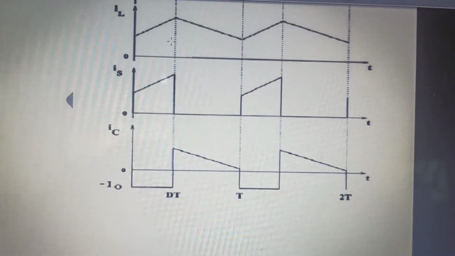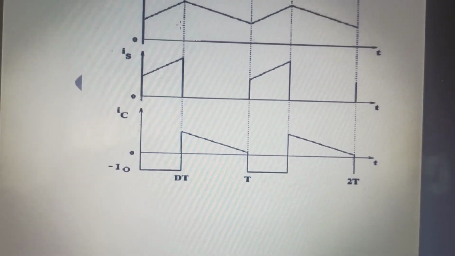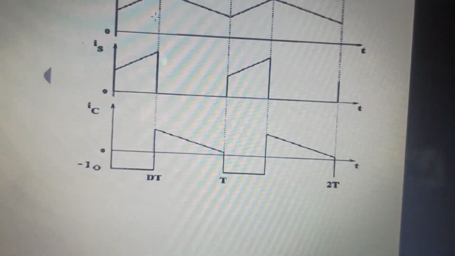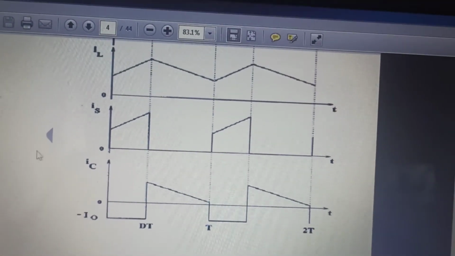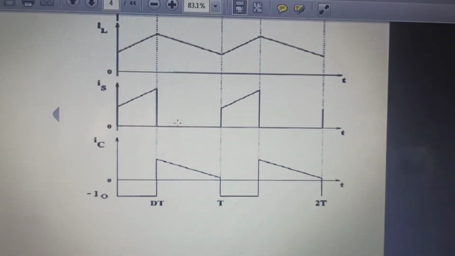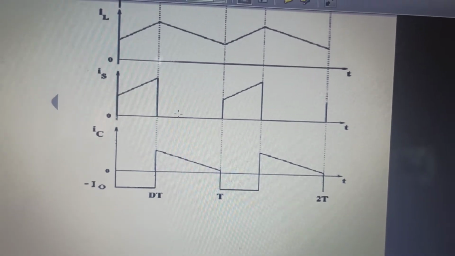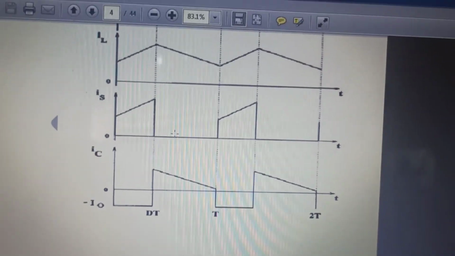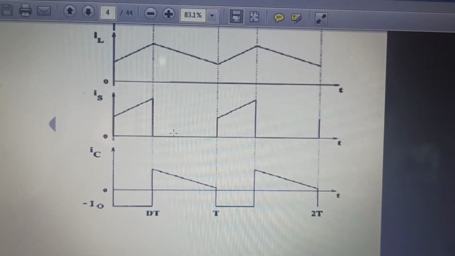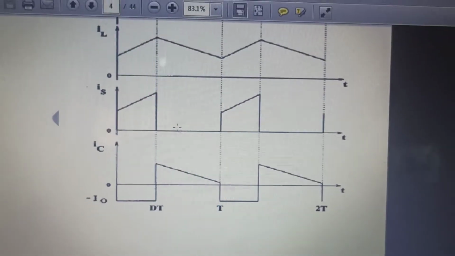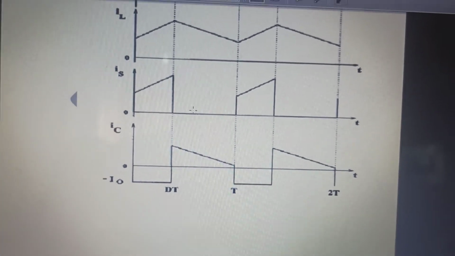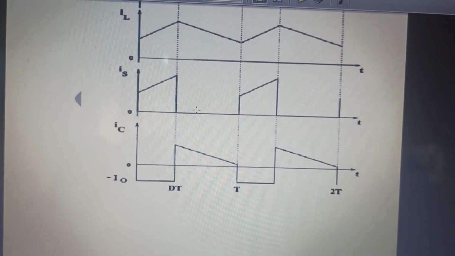Now, what will be its average value? Obviously, it will be equal to the average value of inductor current. The average value of this current is nothing but the average value of inductor current for the time duration t on, for the period of t on. So it comes out to be t on, that is due to ratio d, into source current, that is a multiplying factor, that is d into IL. Clear? Now, what is IL? IL is nothing but the average value of IL. Yes, it is the average value of IL.